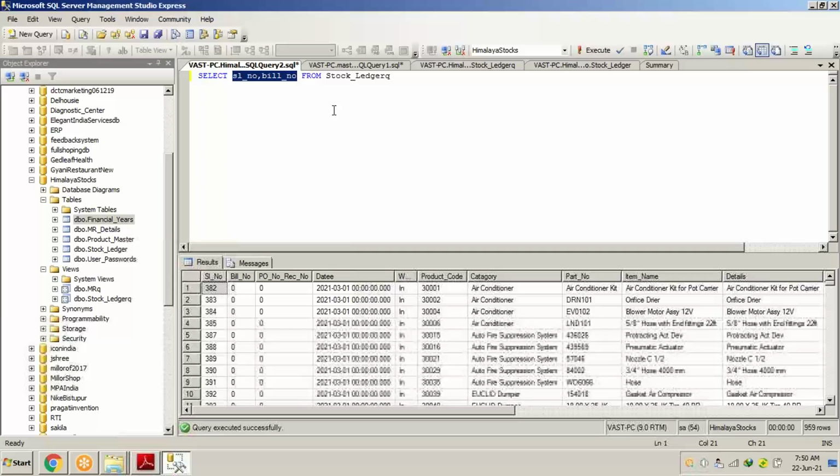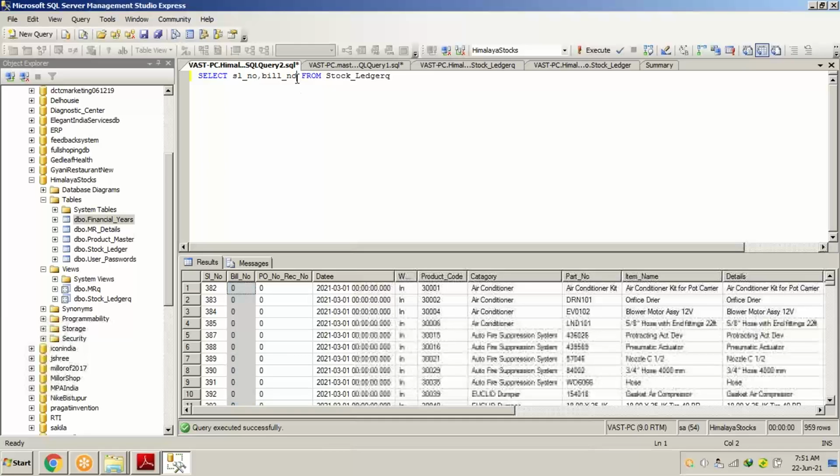It's not case sensitive, so you can write in small letters also. SLNO is the serial number, a field name, you can see it over here, comma, and the bill number, BILL underscore NO. Instead of star, we just wrote two field names.